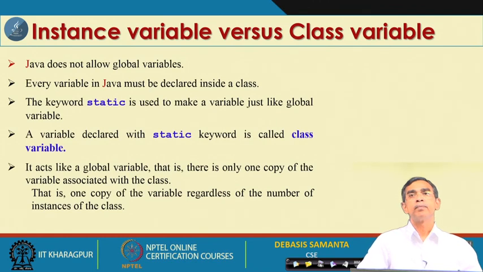Now we will discuss the static variable declaration. We mentioned the concept of static while discussing the main method declaration: public static void main. There, the static concept was that if we declare a method as static, this method can be called without creating any object. This is what we have learned, but the static keyword in Java also has its own implications. Now, we are going to learn about it.